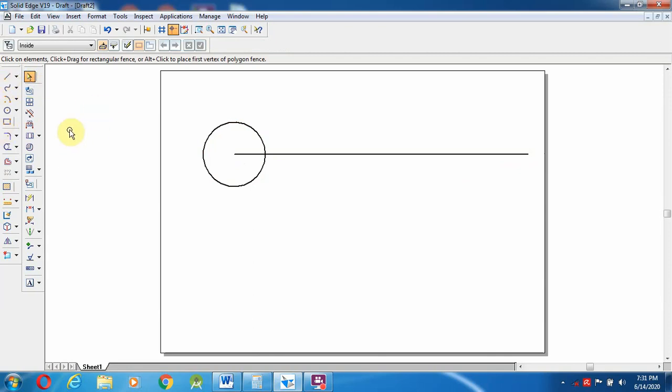Then the next thing I am going to select is the arc by center point method. This is the hexagonal bolt, no? So I am going to give the diameter here as 24 mm. According to the diameter I am going to make an arc over here, and again from the other side a 24 mm arc is going to cut the circle.